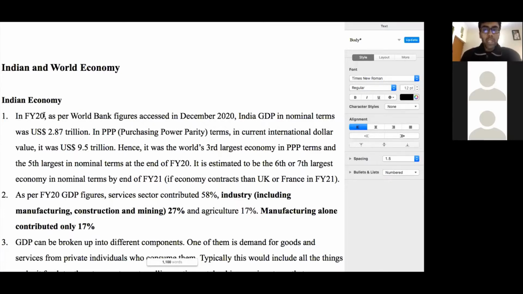India's GDP in nominal terms was US dollar $2.87 trillion. Now, what is nominal terms? Nominal terms simply mean, we're again not going to go into the technicalities of these things, but just understand in simple terms that GDP in nominal terms means that